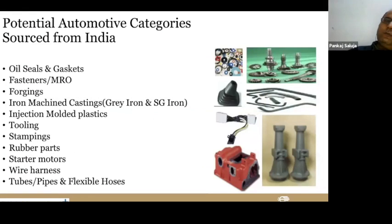If I talk about the potential automotive categories which can be sourced from India, there is a category of oil seals and gaskets. I already know a few suppliers who are exporting to the UK and US, and the buyers are getting good savings of 20 to 25% of their current spend after buying from countries like India